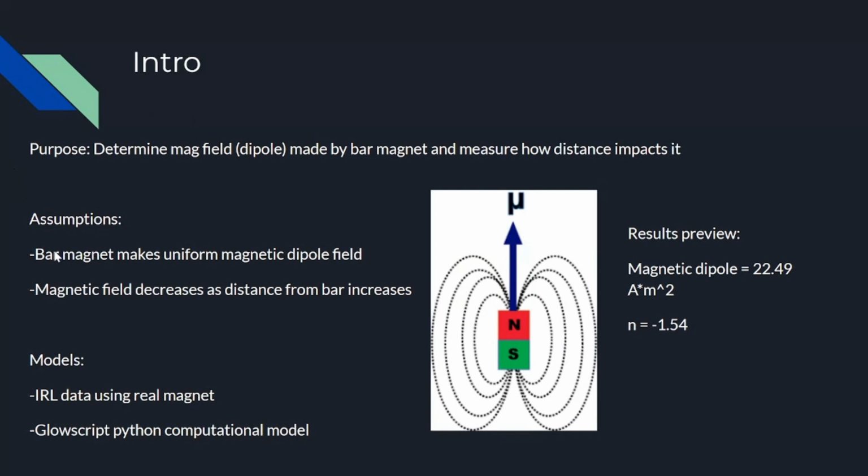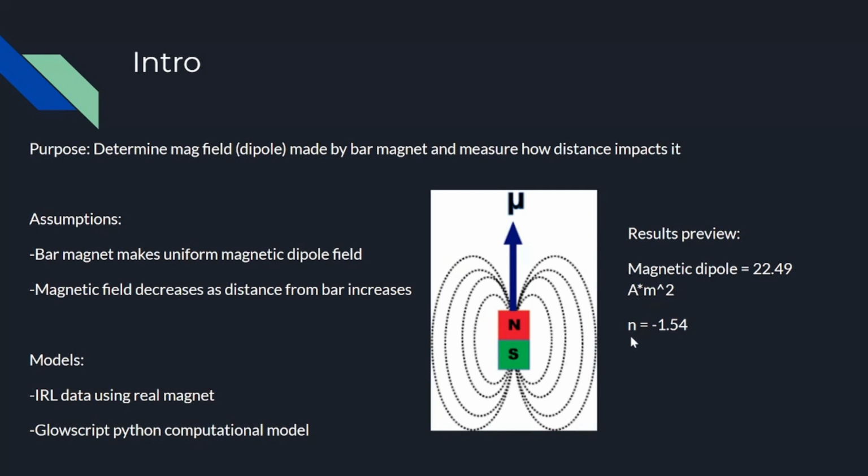So the assumptions are that the bar magnet makes a uniform magnetic dipole field, and the magnetic field decreases as distance from the bar increases. The model is a real-life model in the lab using the real magnet, and the GlowScript Python computational model. And the preview of the results found that the dipole is equal to 22.49 Am², and n is equal